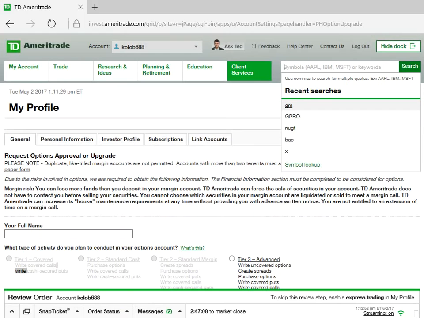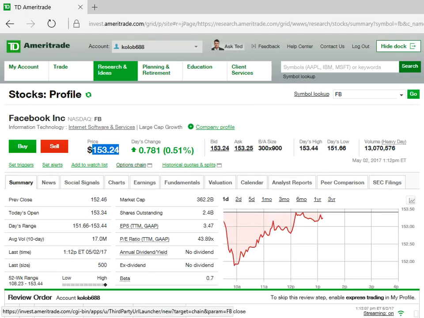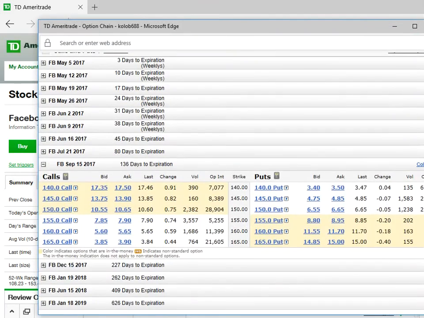Okay, maybe you don't like General Motors. Maybe you like, let's say, Facebook. Right? Facebook is a good stock, isn't it? So maybe like Facebook, and it's $153 per share, so you'll need $15,324. So let's say you've got that. Okay, you buy 100 shares, and